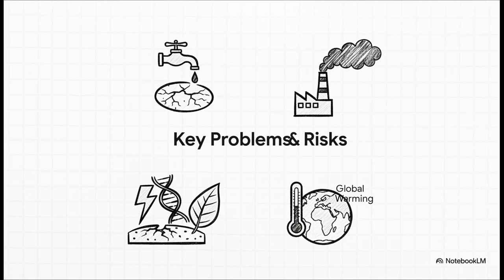We'll look at how we're running out of our natural resources, the different kinds of pollution that threaten our health, the huge crisis of global warming, the complex issues around genetically modified organisms or GMOs, where science can genetically alter our food, and finally, both natural and man-made disasters.